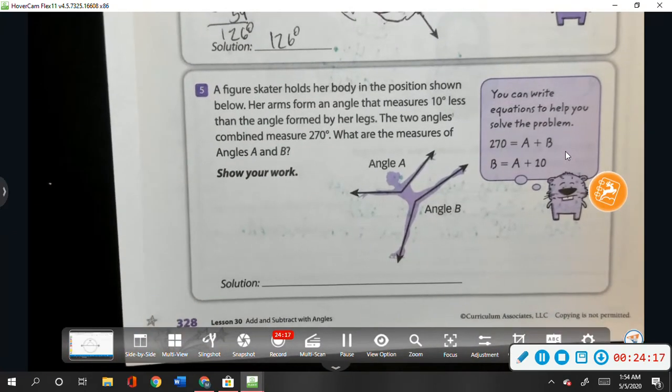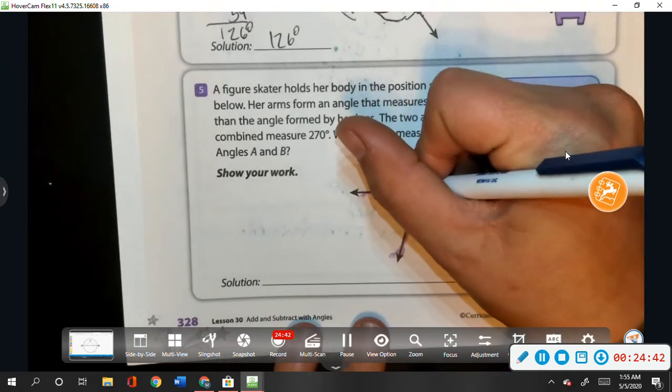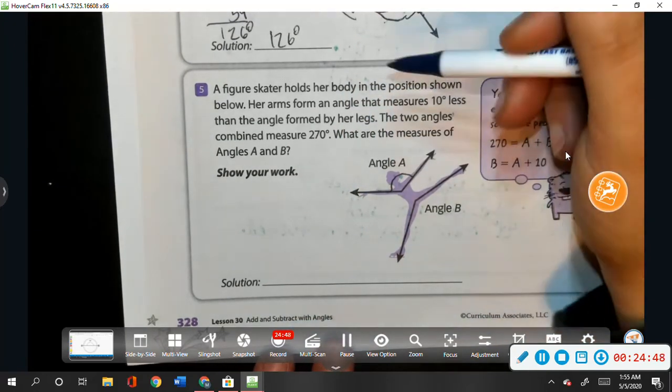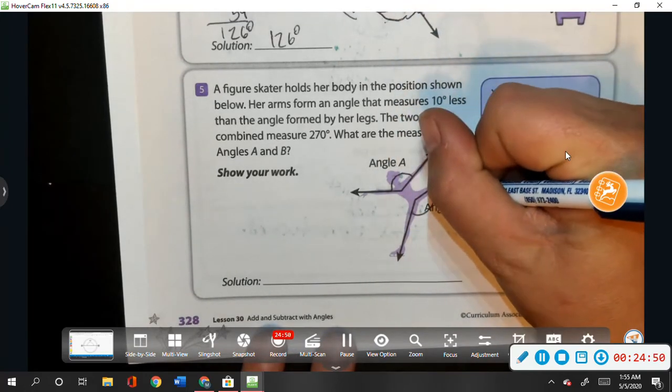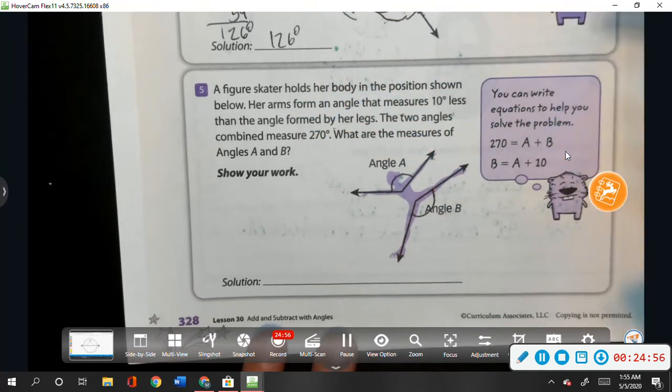Number 5. A figure skater holds her body in the position shown below. Her arms form an angle that measures 10 degrees less than the angle formed by her legs. The two angles combined measure 270 degrees. What are the measures of angles A and B? So here's our ballerina. Her arms open this wide at an angle. Her legs are open. Let's see, the two angles combined measure 270 degrees. So we have